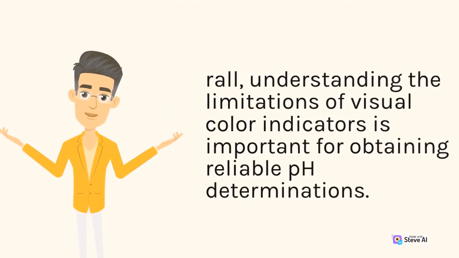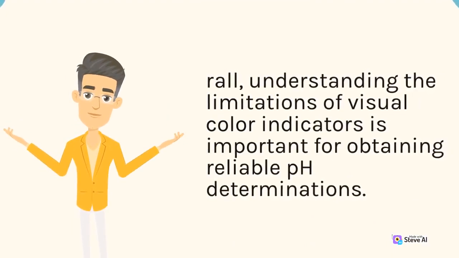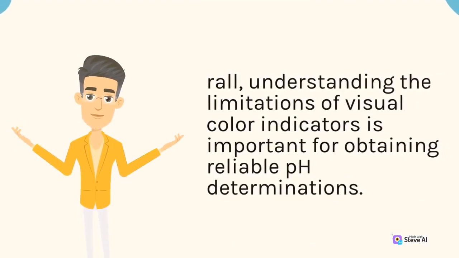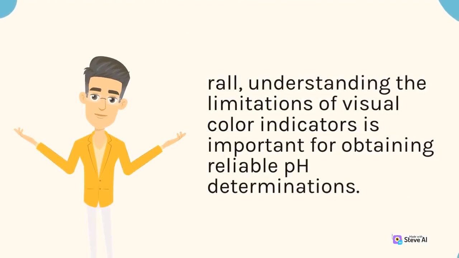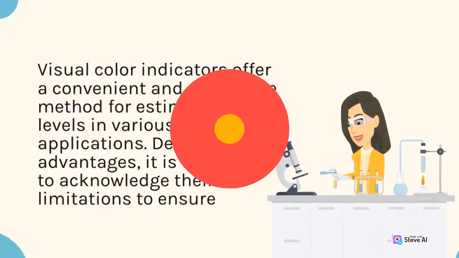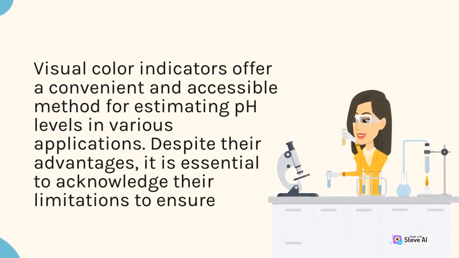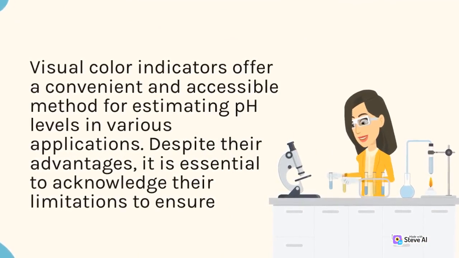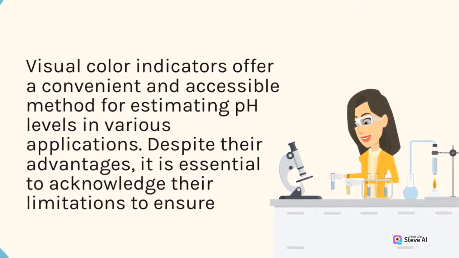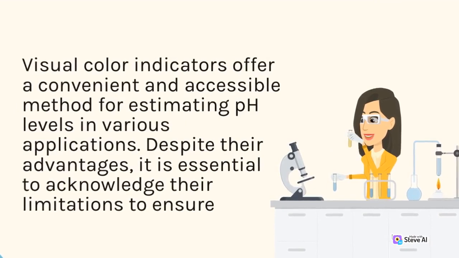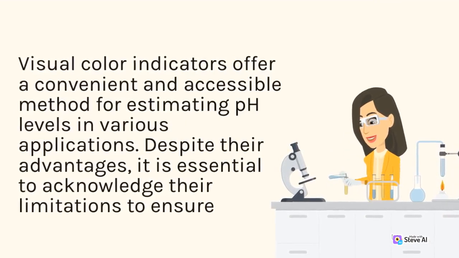Understanding the limitations of visual color indicators is important for obtaining reliable pH determinations. Visual color indicators offer a convenient and accessible method for estimating pH levels in various applications. Despite their advantages, it is essential to acknowledge their limitations to ensure